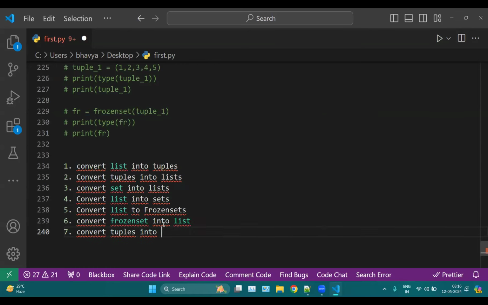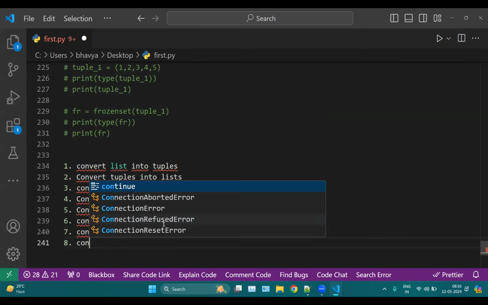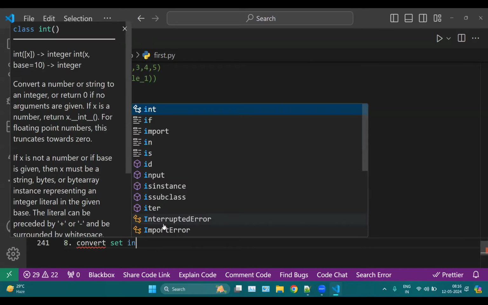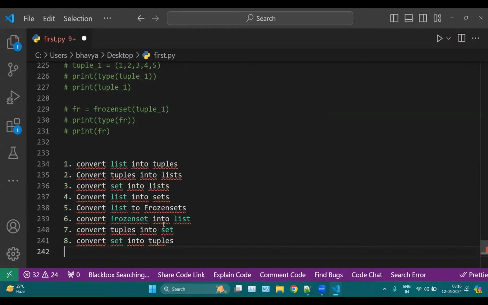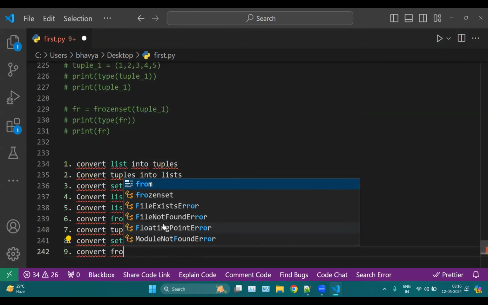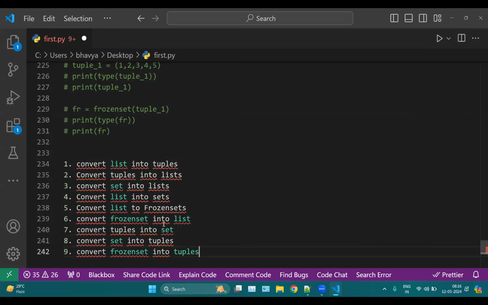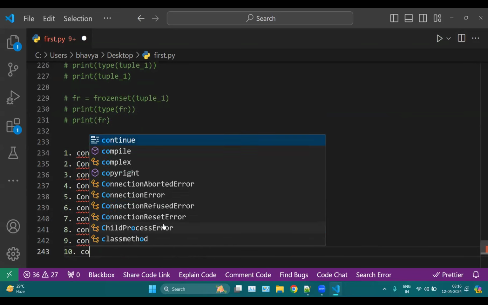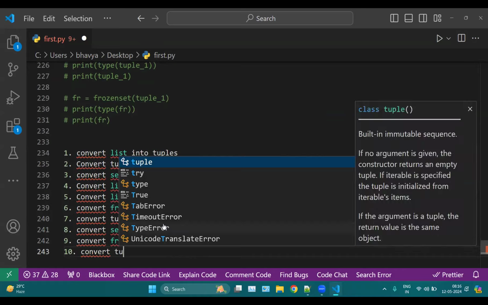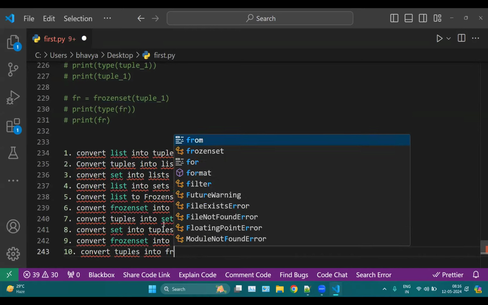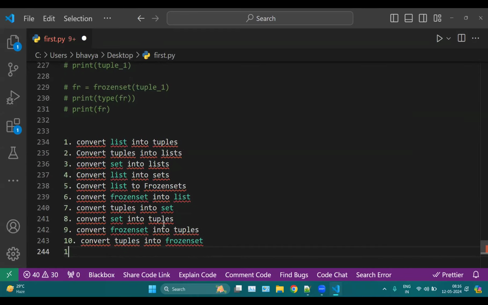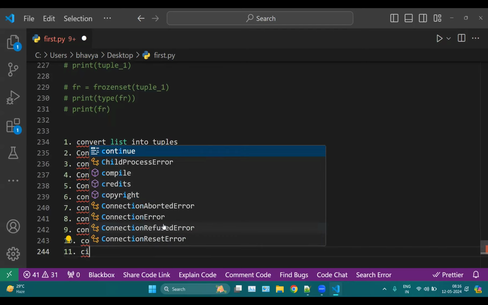tuples into set, and here convert set into tuples. And ninth, you can also convert that frozen set into tuples. And tenth, last, convert tuples into frozen set. Okay, also convert